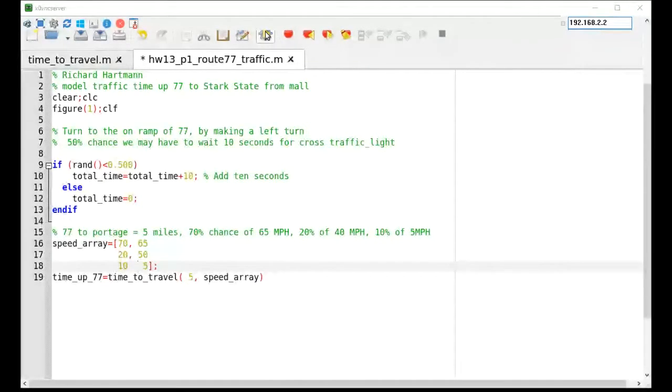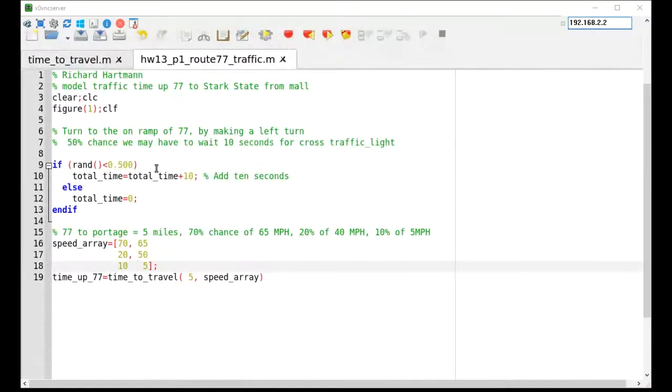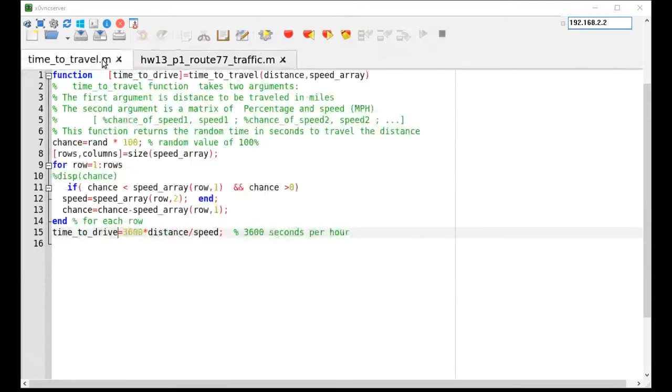All right, now this is way more than enough to test this. So I'm just going to run this. And I didn't put a semicolon in there, so we'll come over to our command window here and see I have some kind of error message. Total time undefined. All right, so here, because I didn't define it, I stuck it in the if. I need to take that out of there. All right, so when we run this now,